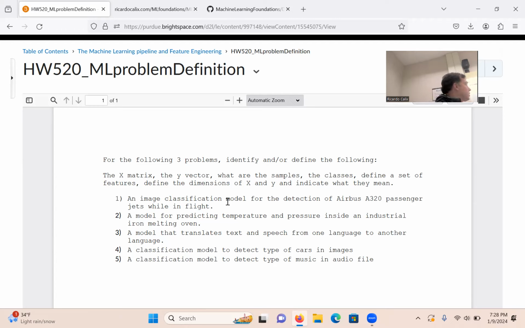So remind me what it is. It's a model for predicting temperature and pressure inside an industrial iron melting oven. Okay, so